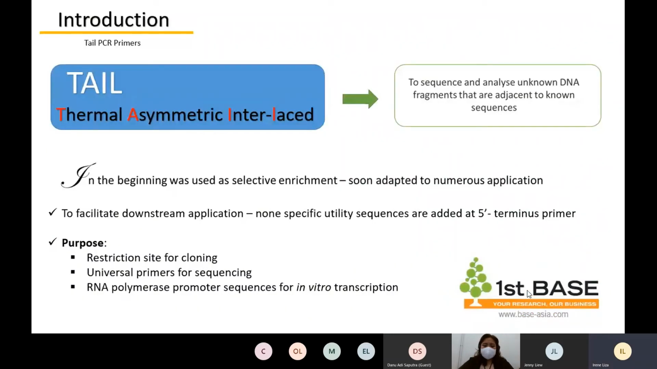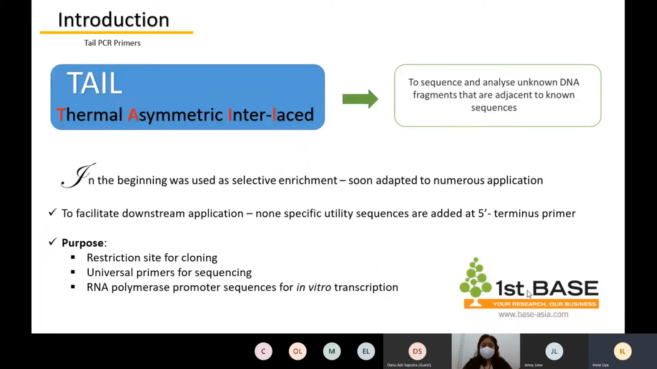So what is tail? Tail means thermal asymmetric interlaced. This is the term that is used to sequence and analyze unknown DNA fragments that are adjacent to the known sequence. So this means that you have a known fragment and you have an unknown fragment that is linked to a